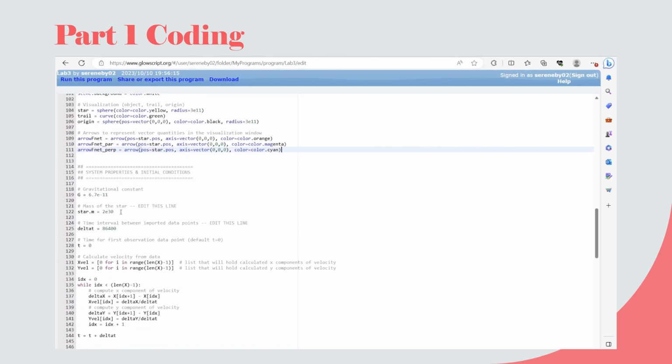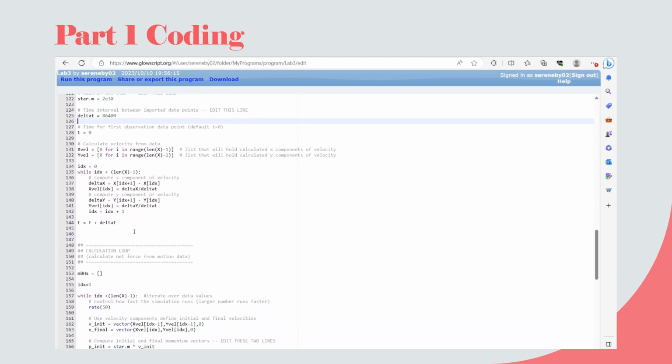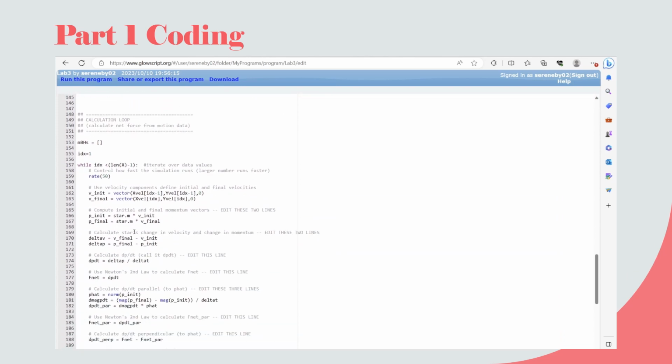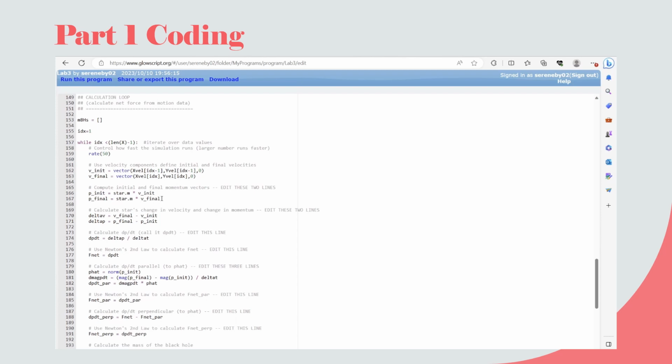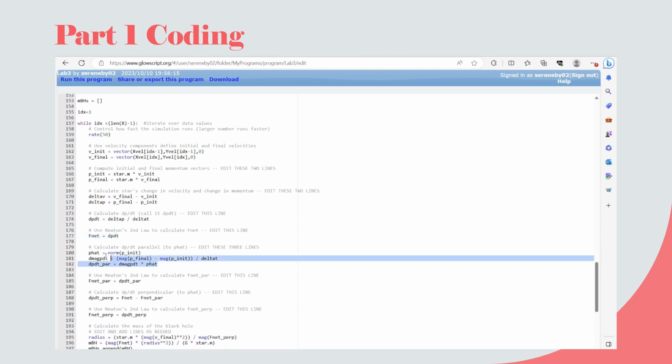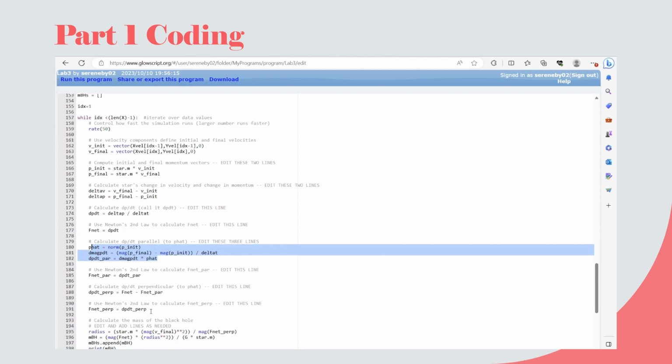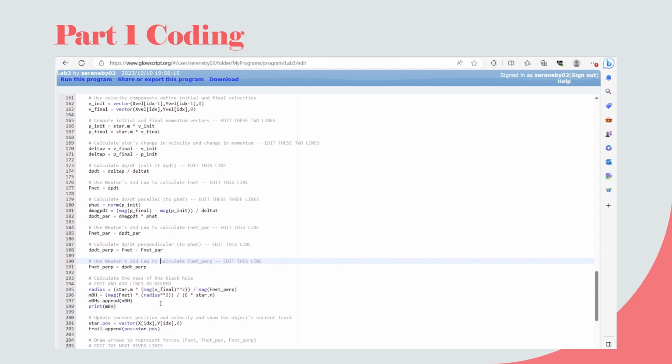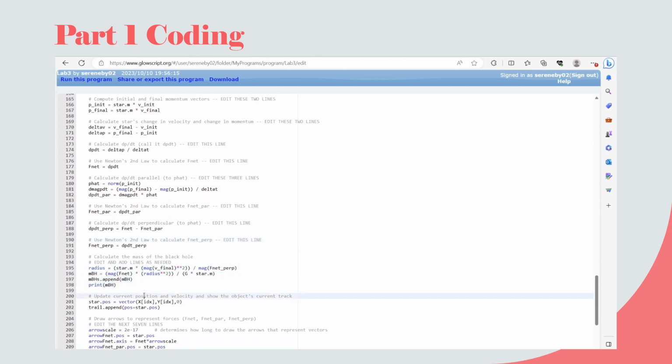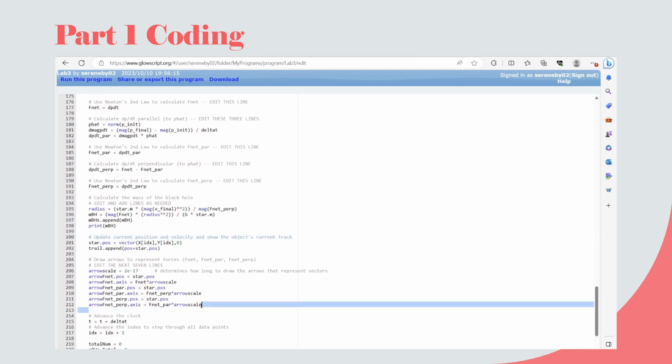I've inputted the mass of the star to be 2 times 10 to the 30 and delta T. And then I have edited the calculation loop by inputting the initial and final momentum vectors, calculating the star's change in velocity and change in momentum, calculating the derivative form of the net force, calculating the parallel component of the net force, calculating the perpendicular component of the net force, and I've used these equations to calculate the mass of the black hole, and I've inputted these arrows to represent the different forces,